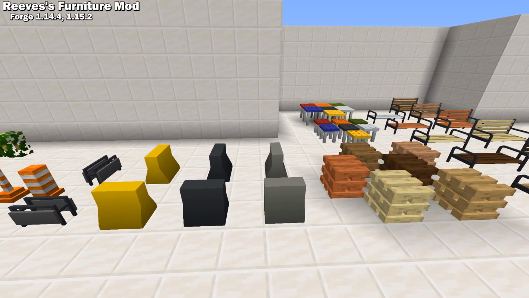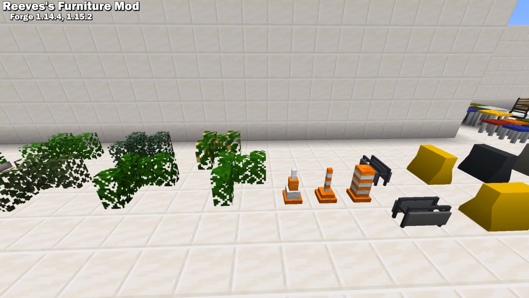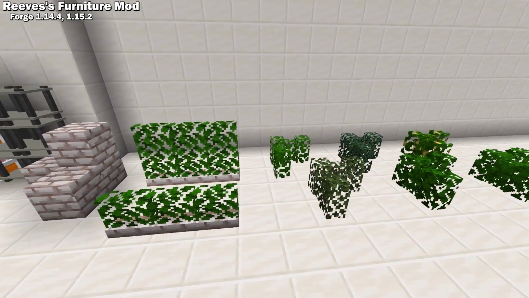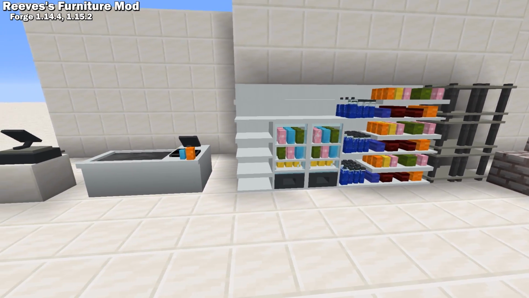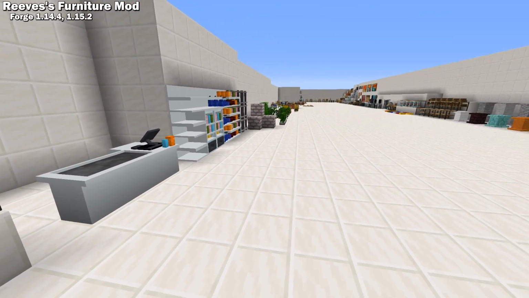There's a pretty good selection of road barriers and traffic cones. They've got hedges that behave like fences. I personally like these decorative hedges here a lot with the white brick underneath. And now we're getting into more of the commercial area with commercial shelves, commercial refrigerators, and there's even 2 different